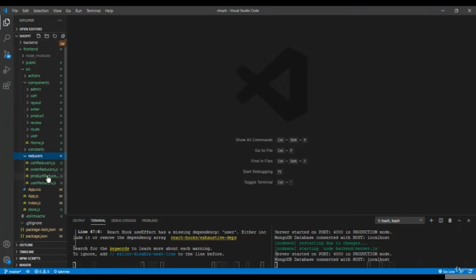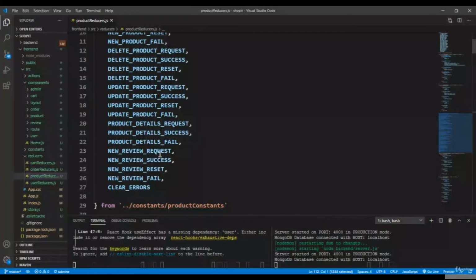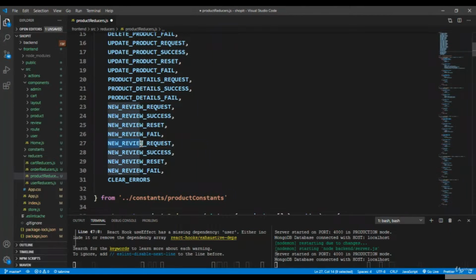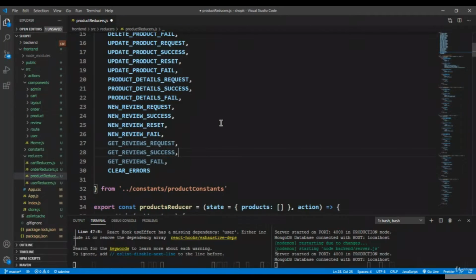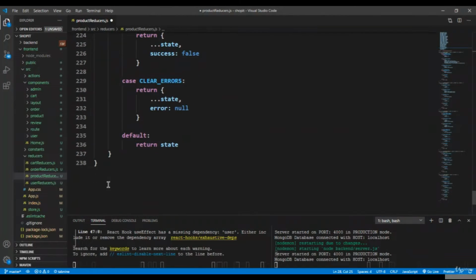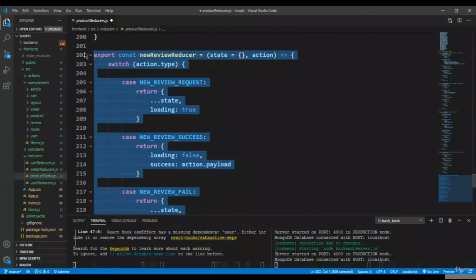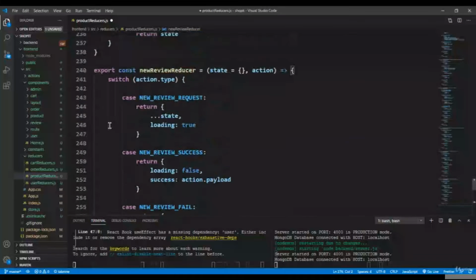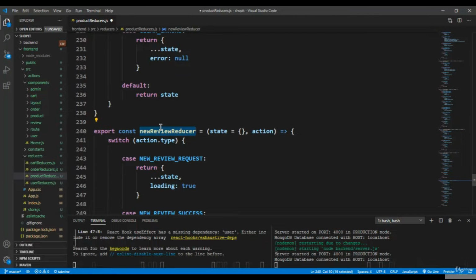Go to the reducers, product reducer, and let's bring them in. So simply copy these and let's put that is get reviews, right? Create this one, and here I simply copy this one. So copy it, put it here, and that is the product reviews